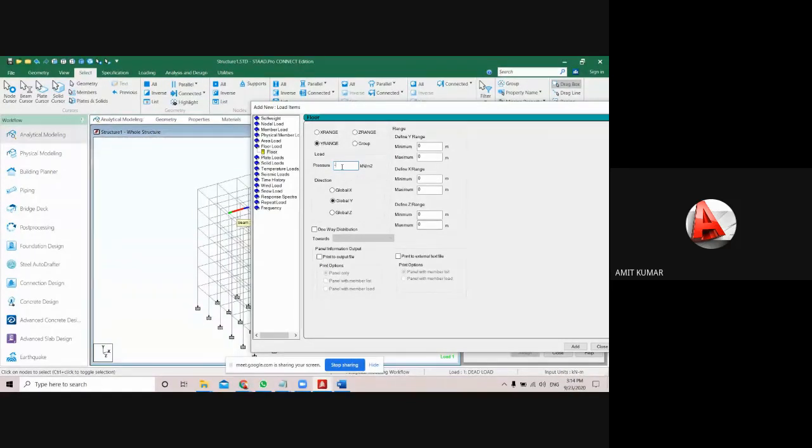If the concrete grade is 25 and the plate thickness is 150 mm, that means 0.15 meter, in that case you have to multiply it. That means the weight of the slab is equal to the concrete grade multiplied by slab thickness. That means 25 multiplied by 0.15, and it will give you the value 3.75.